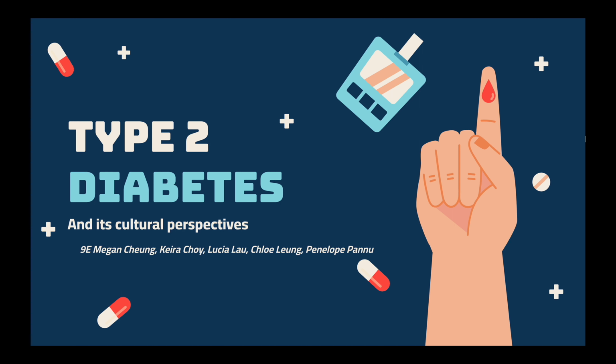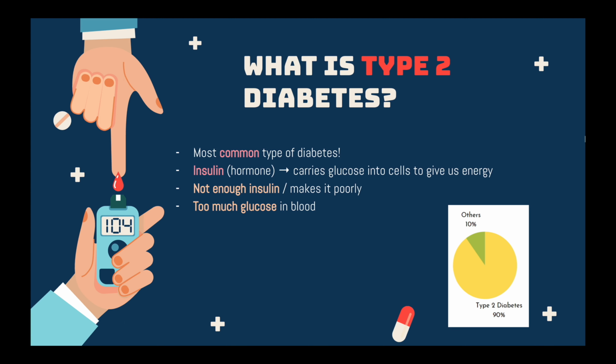This video will go more in depth about diabetes. Diabetes is a chronic health condition. There are several types, including type 1, type 2, and many more. With around 90% of the cases, type 2 is the most common type and will be our focus for this video. People get type 2 diabetes when there's a lack of insulin in the body. Made by the pancreas, this is a hormone that carries glucose into the cells to give us energy. When there is a lack of insulin, there is an excess of glucose in the bloodstream, causing diabetes.